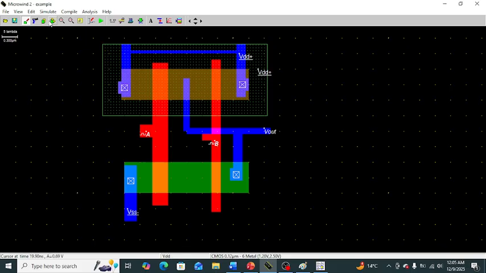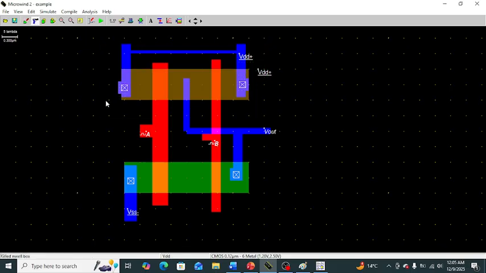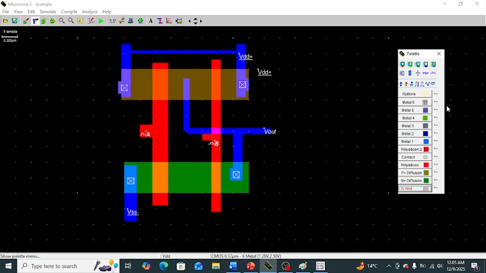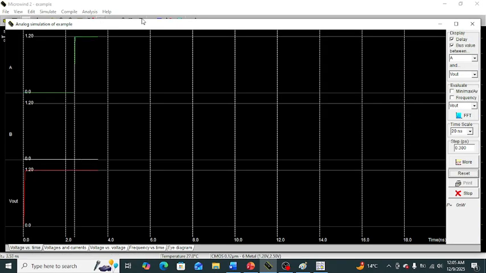Okay, we forgot to connect the contact at this metal with the P diffusion layer. This is the contact of metal with the P diffusion layer. Then an N well is connected here. This is the N well, and now just apply the simulation.